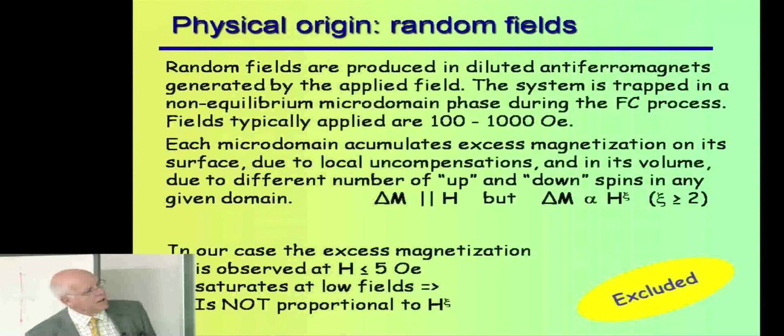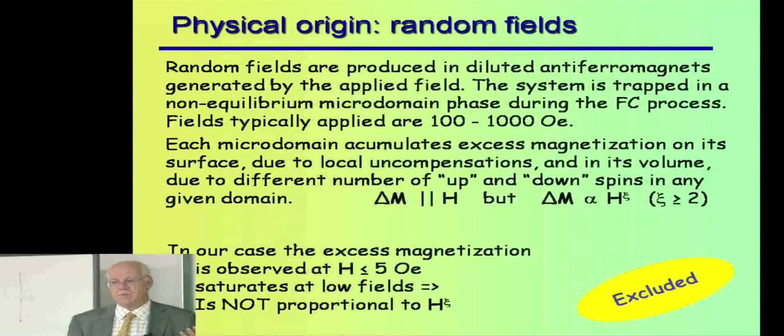Also, this dependence of the magnetization with random field is proportional to a power of the applied field. So the increase of the magnetization is proportional to h to a given exponent, close to 2. This is not our case. In our case, it did not depend on the applied field. We saw it. So we can exclude